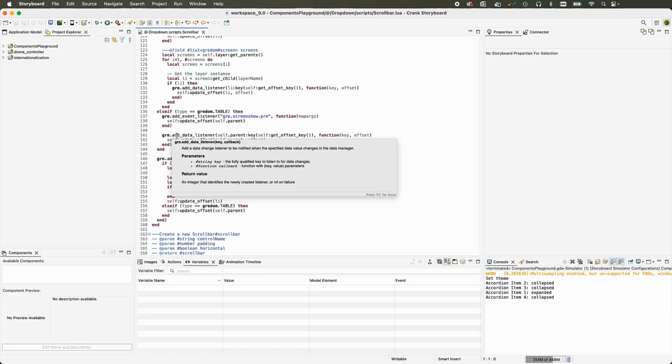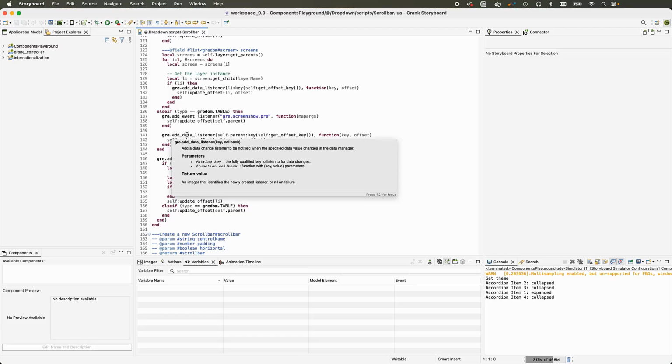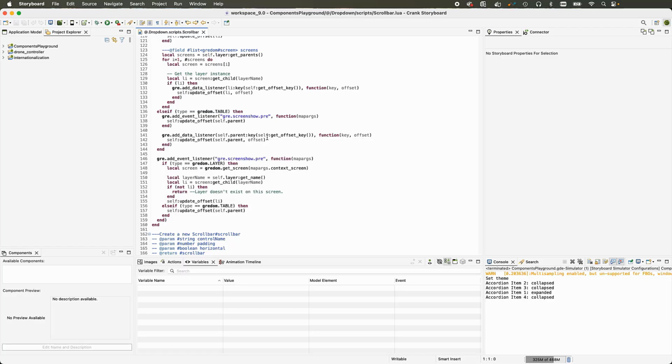This was already possible, again, with a little bit of model editing overhead, binding an event that would then call into Lua when this data changes. However, this is just a convenient way, without having to interact with the model directly, to add a data listener to the callback. So given the key for that piece of data,